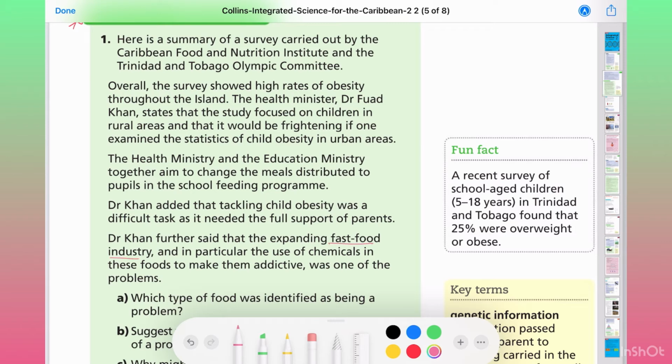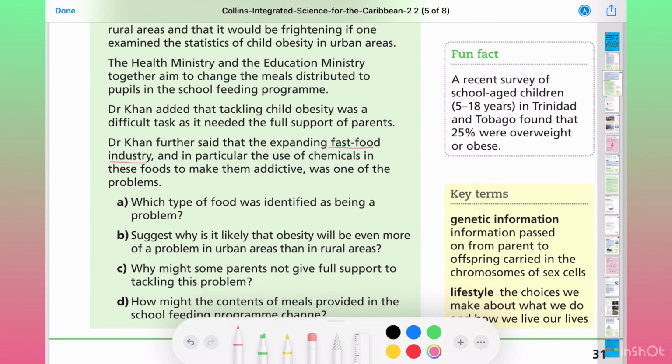So the fast food industry. So if we want to categorize that, which type of food was identified as being a problem? What type of foods are found at fast food industries? So we are typically looking at fry foods,